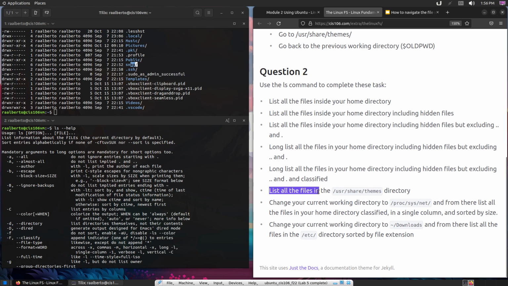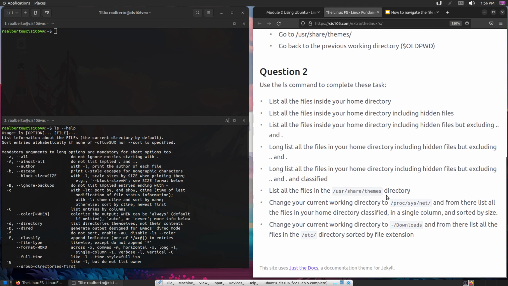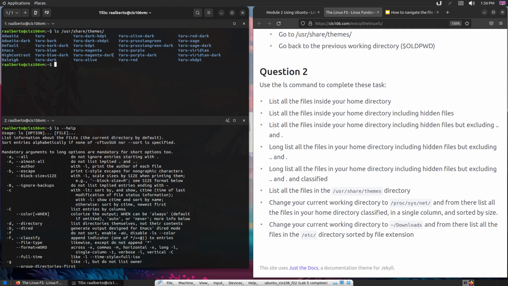Now we're going to list all the files inside this directory. Notice that now they are telling me list a folder that's not in your current working directory. For this we use absolute path. So we're going to do ls /usr/share/themes. And these are all the files and folders inside the /usr/share/themes. Now we're going to cd into this folder over here. So cd